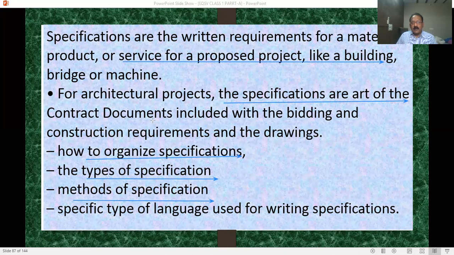In the detailed specification, you will have all these types of requirements and a specific type of language used for writing the specification. Technical terms are important in writing specifications. There is a lot of difference in the writing of specification. Language is very important. One word may change your total specification. Suppose you simply say tiles. In tiles also there are different types of quality.